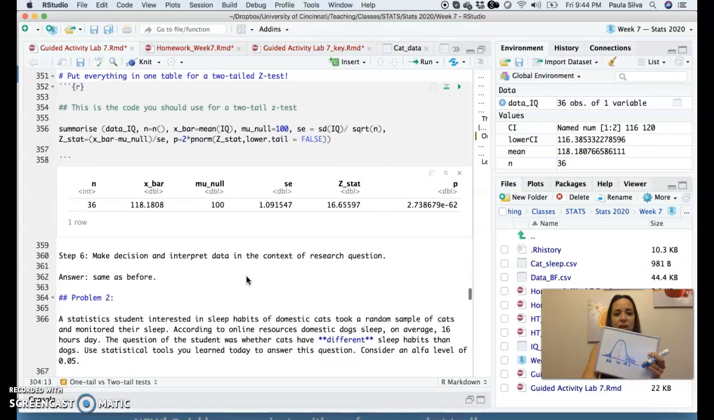So to put everything in one table, the code is exactly the same as before. All that I'll change is multiply the last probability I compute by 2. Run the code, and we have the probability for a two-tailed test. All right? The decision is the same as before, and we'll come back to practice that with a different